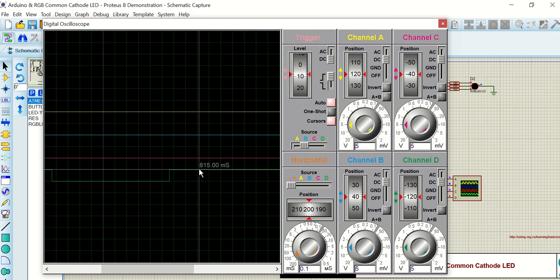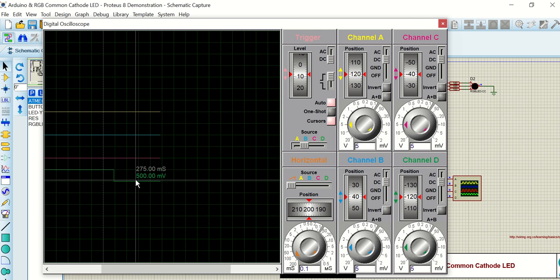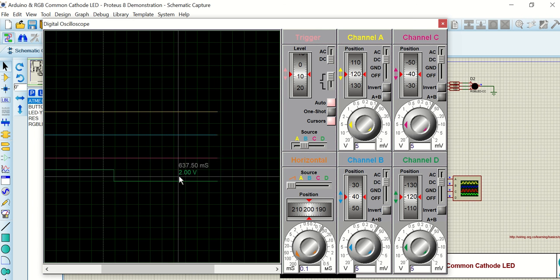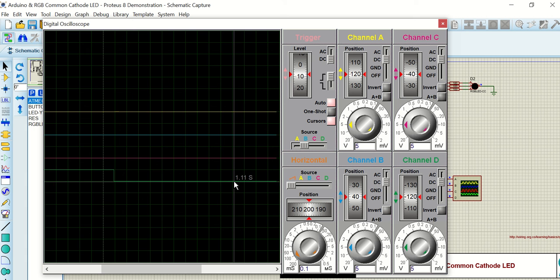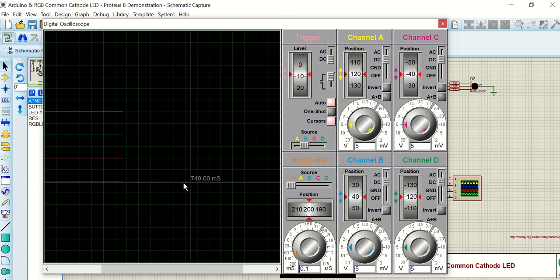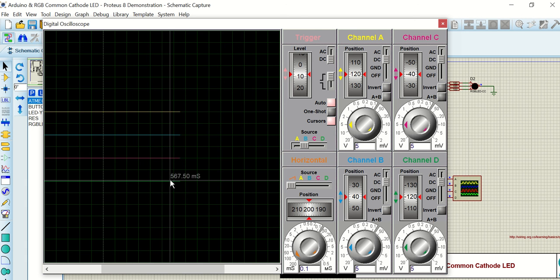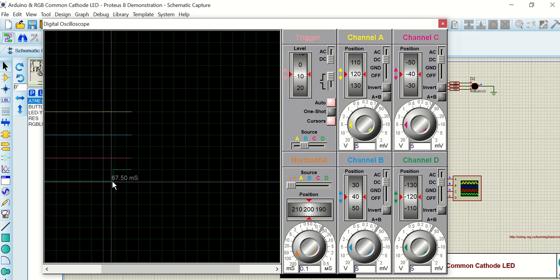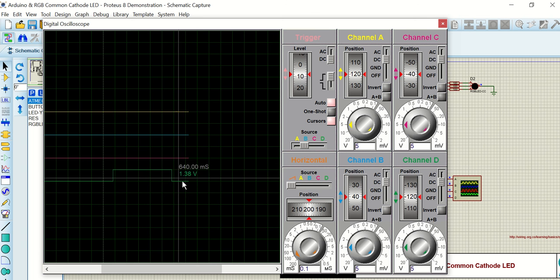Here the upper voltage stands for on, and when it goes low it stands for off. So you can see here it is off, here it is on, then again it goes on, again you can see it will go on after some time that we have specified. Yeah, so it is on and again it will go off.